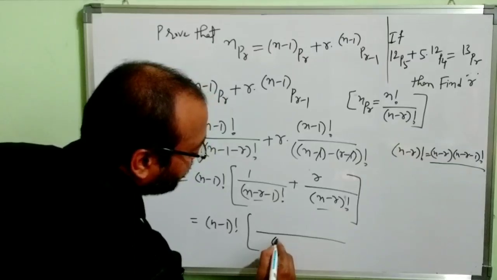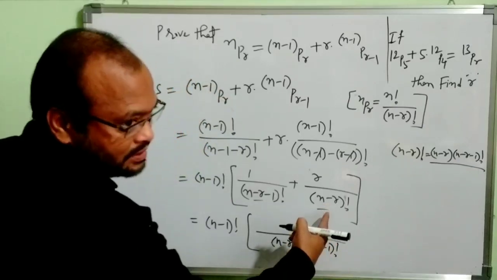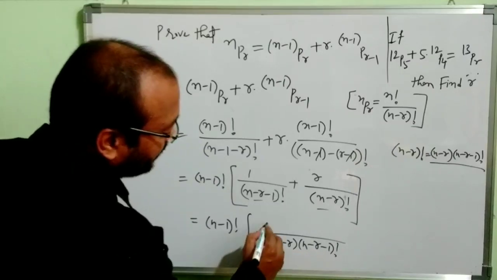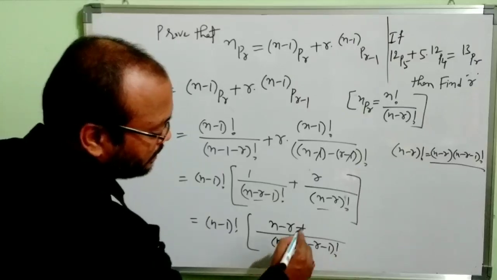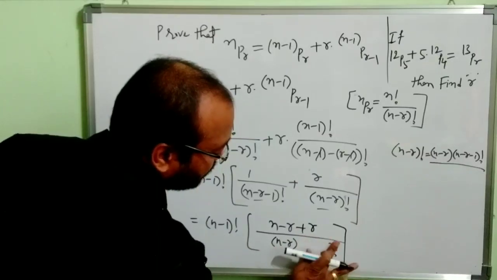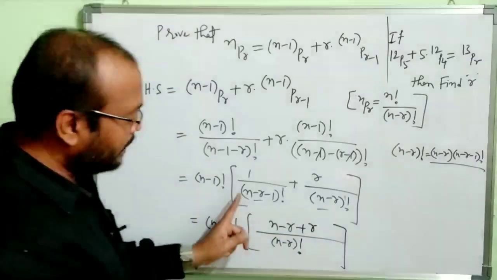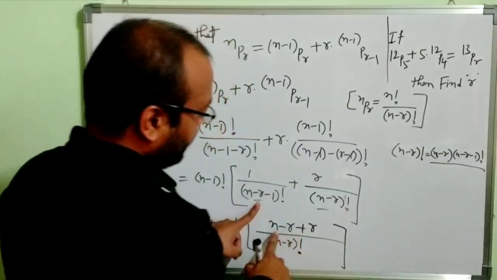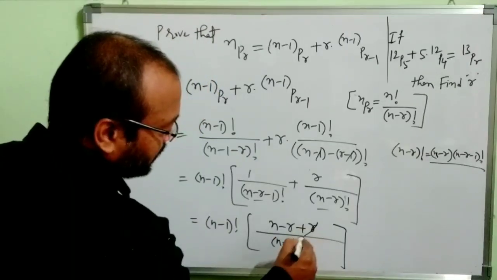So instead of writing (n minus r) factorial, we can write it like this: (n minus r) into (n minus r minus 1) factorial. Right. Now, (n minus r minus 1) factorial is already there, so we can get (n minus r) here. Plus, already the (n minus r) factorial term is there, so we can get simply r. If you have any doubt, just write it down like this, no problem. In these two, the highest is (n minus r) factorial; take (n minus r) factorial. Already (n minus r minus 1) factorial is there, so the remaining term (n minus r) we write here, plus (n minus r) factorial is already there, so we write r here. Now, plus r minus r get cancelled.